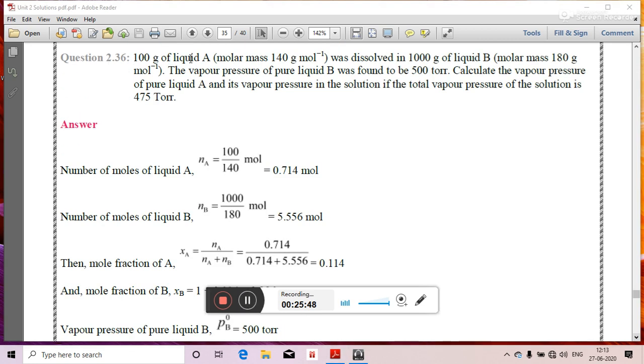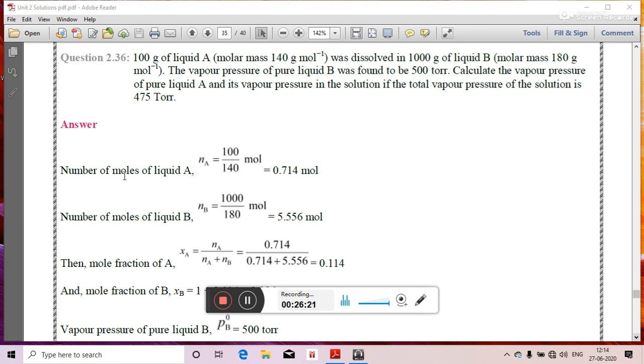Question number 36. 100 gram of liquid A with molar mass 140 gram per mole was dissolved in 1000 gram of liquid B with molar mass 180 gram per mole. The vapor pressure of pure liquid B was found to be 500 torr. Calculate the vapor pressure of pure liquid A and its vapor pressure in the solution if the total vapor pressure of the solution is